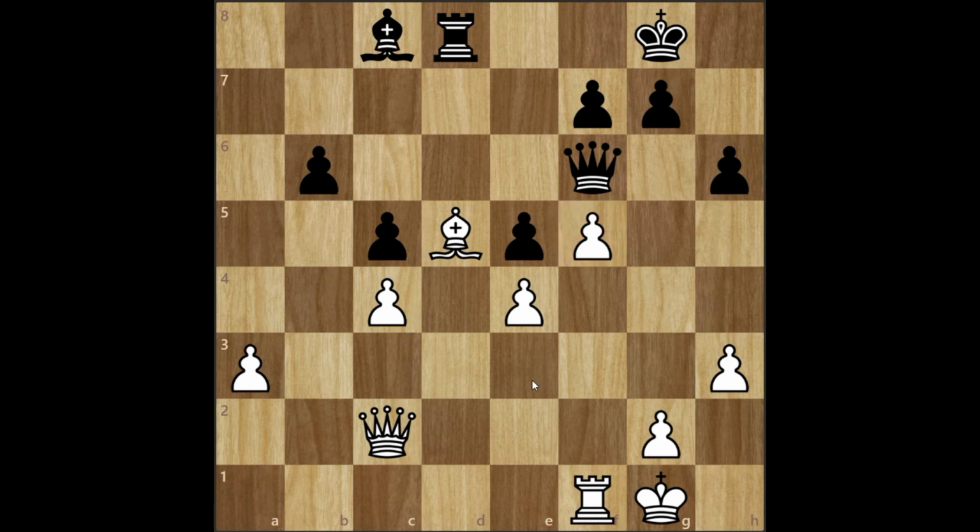And finally, when giving consideration to open files, we can see that there's an open d file, but that's currently blocked by the white bishop. And there's also a half open b file on which the backwards b6 pawn is attacking, and the player which can first get to that file and take advantage of it is white, because both the rook and the queen can swing across. So where this brings us to now, a critical thinking moment, is we have to ask ourselves